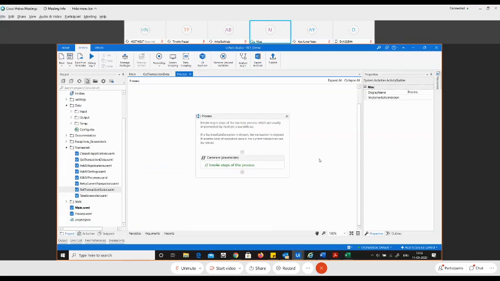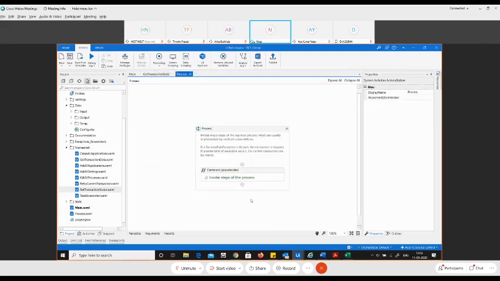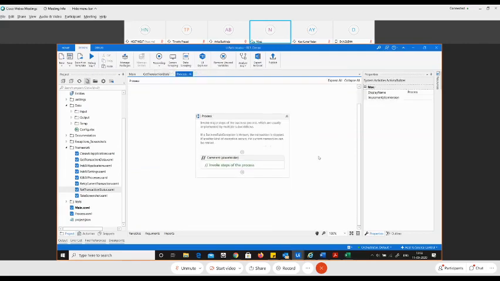Now over here there are two options. Ideally, if you're working with a very small application, you can write your code directly here. You can add an activity and write code here. But if you're working with multiple applications and it's a very complex application, you can create a new sequence and then invoke the sequence here, as in first call this sequence, then call this sequence, and so on.